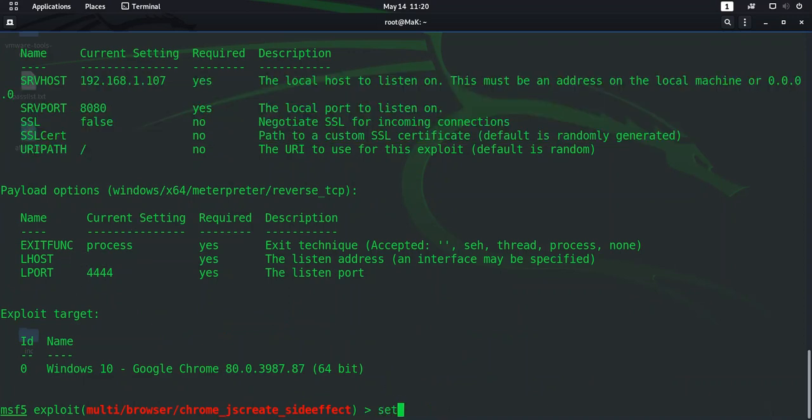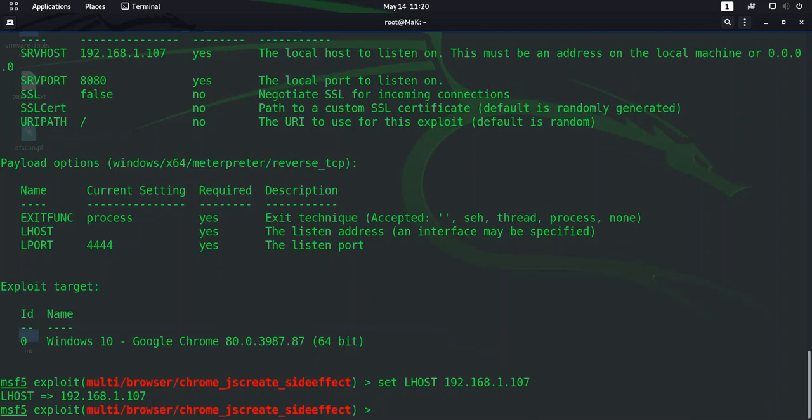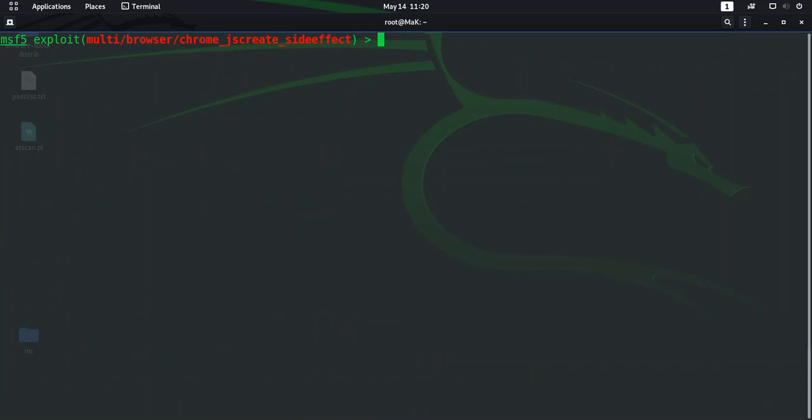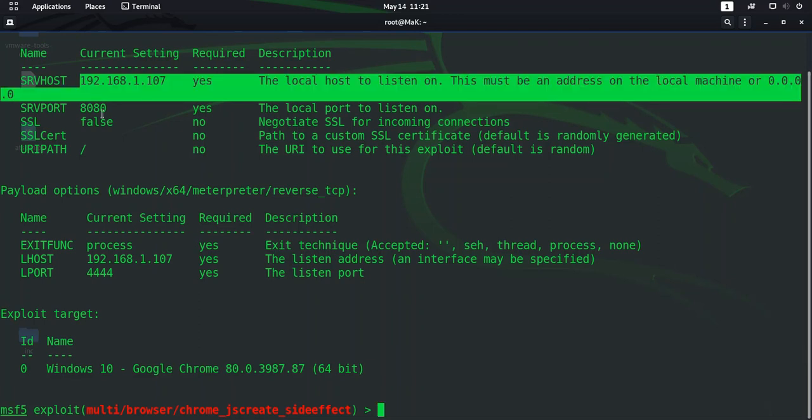So I'm going to quickly set the LHOST. Okay. Before moving on, let us just check everything is perfect. As you can see, everything is set.